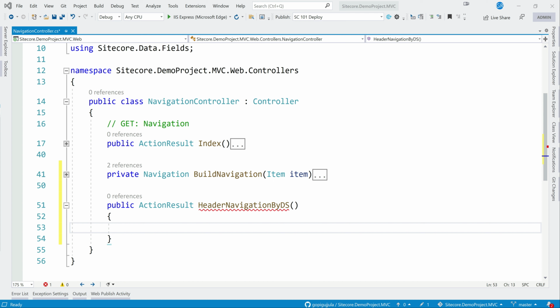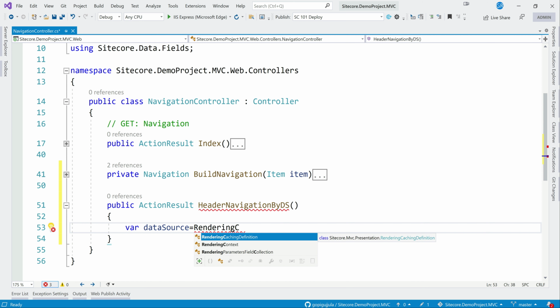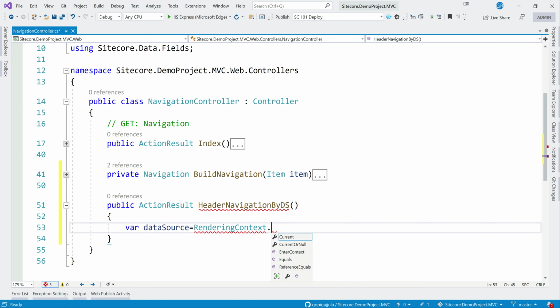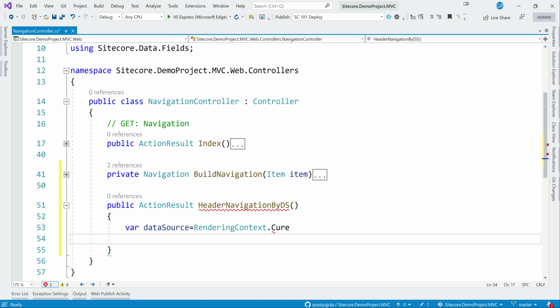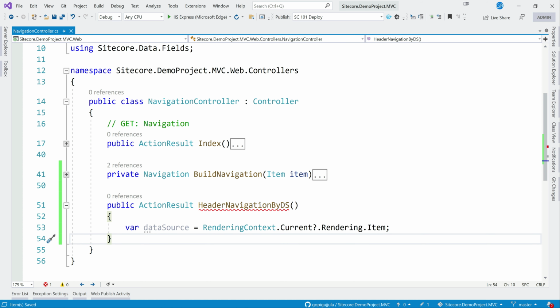Again, just jog your memory, previously how we were able to get the data source item. It would be where data source equal to rendering context dot current rendering dot item. So this will fetch us the data source item.